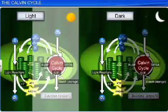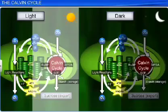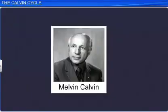Dark reaction, as its name suggests, does not necessarily take place in the dark, but takes place both in light and dark, until the products of light reaction, ATP and NADPH, are exhausted. The American scientist Melvin Calvin